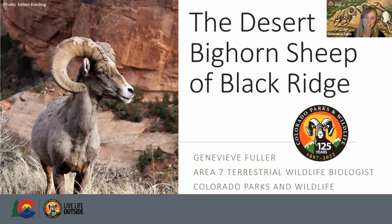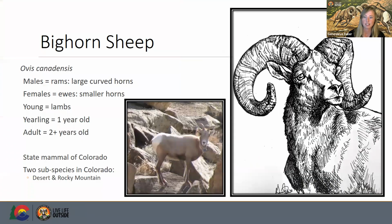these national conservation areas. So I'm just going to talk a little bit about the history of this herd, some of the translocations we've done in the past, the biology of desert bighorn sheep, and some of the management, the current status of this herd. All right, so just starting with desert bighorn sheep as a whole, let's get some of this terminology together. So the males,